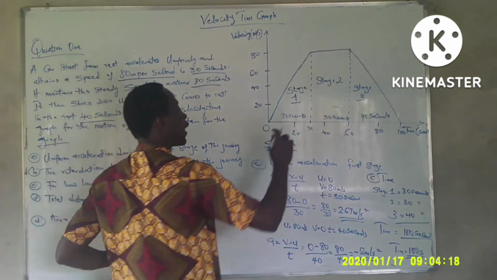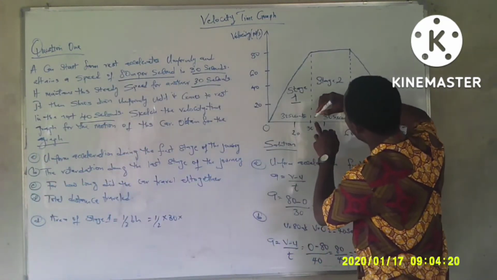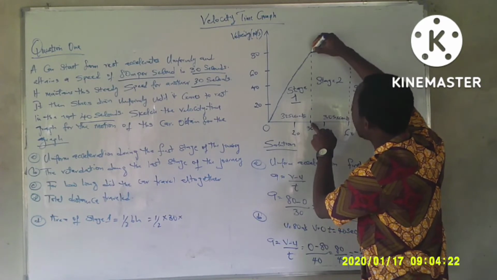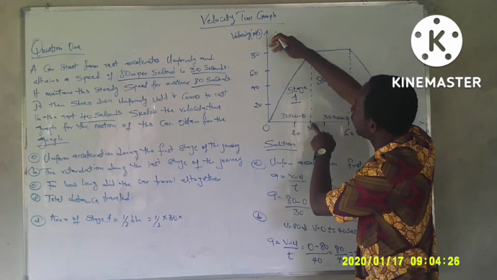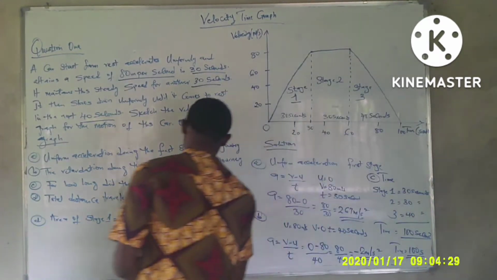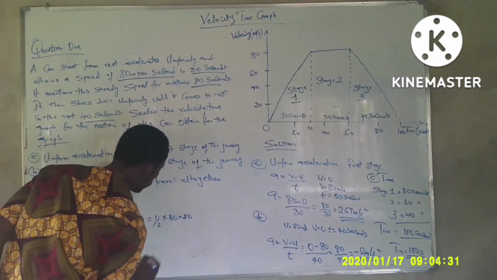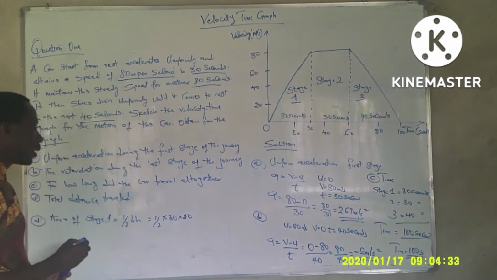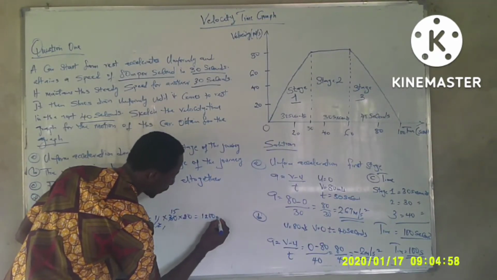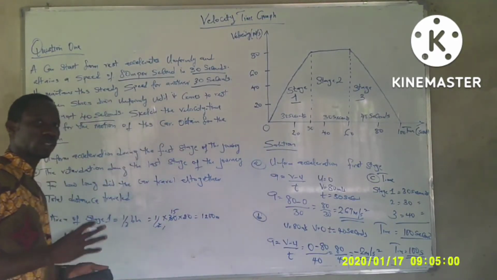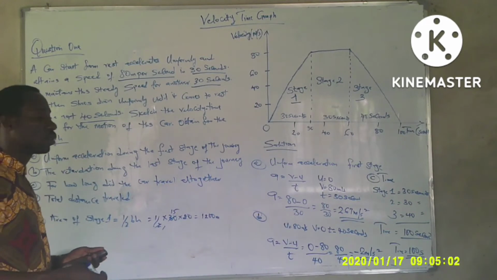The height is actually the velocity. From here to this point is the height, looking at it as a triangle. The value is 80. So now 30 times 80 divided by 2. 2 into 30 gives 15, so 15 times 80 is 1,200 meters. It's not in seconds because we are taking into consideration the